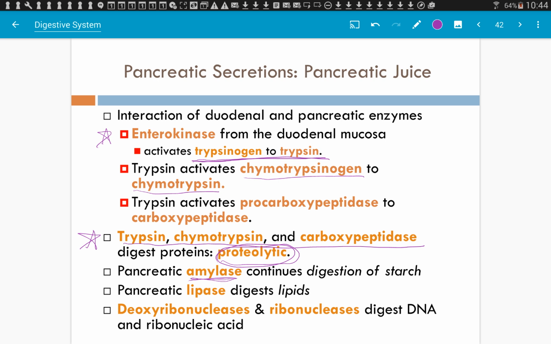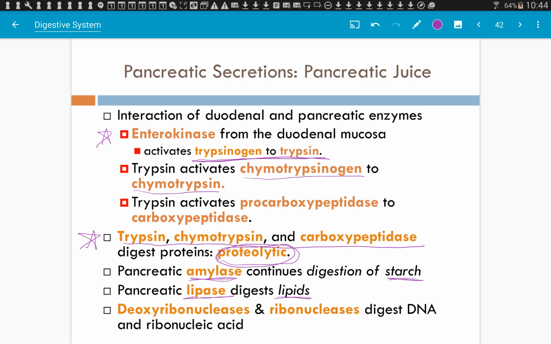But then once the chyme is in your intestines, amylase is released again. Okay? Because amylase does not work with acid. So we don't want it really acidic in our small intestine, so the pancreas can release amylase again and continue that carbohydrate digestion. So starches, carbohydrates. Lipase is also made by the pancreas, and as it kind of hints, breaks down lipids as well, helps with the bile.